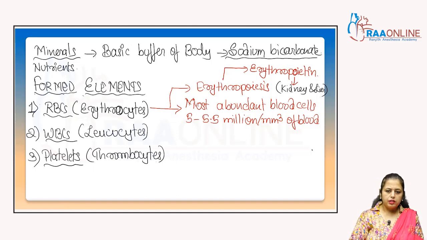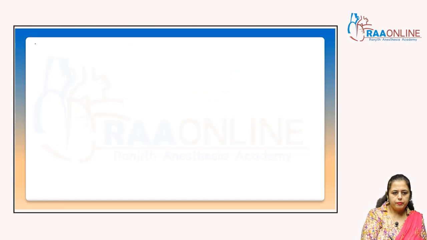Now come to the next. We already know that the formation of RBC is called erythropoiesis, right? The hormone erythropoietin is necessary for the formation of RBCs. And when we talk about the site of erythropoiesis,